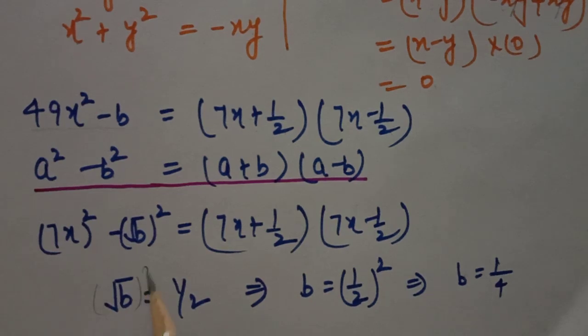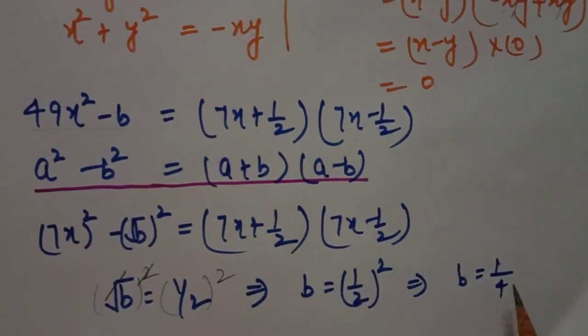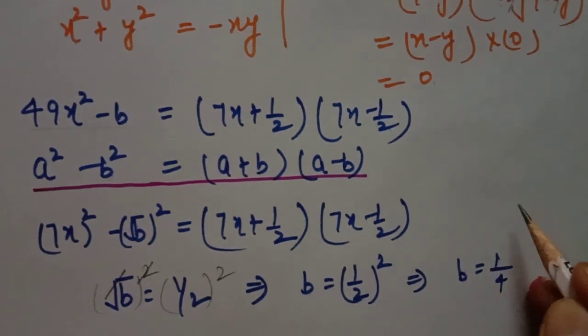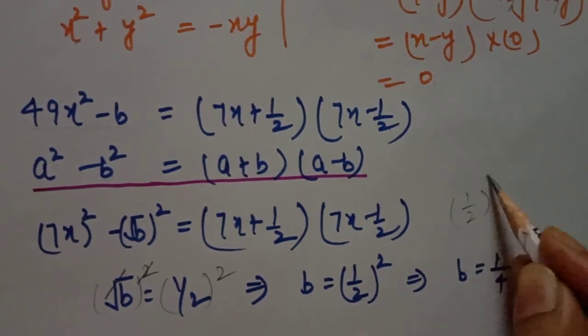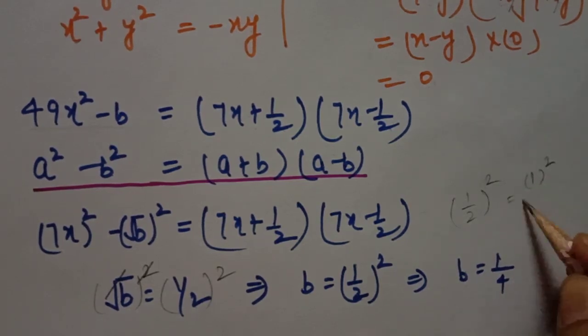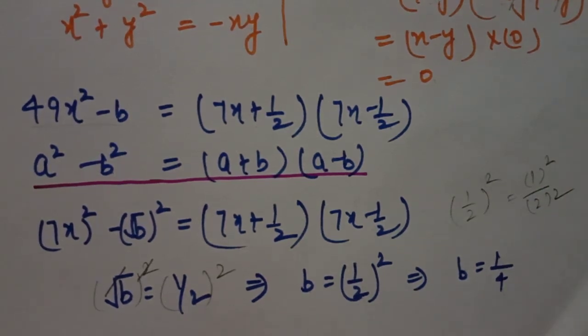We have to take square root on both sides. Square root cancels this root. So now b is equal to half of square. So b is equal to 1 upon 4. You know it very well, when we have a number like this, we have to open this power like this. It means 1 raised to the power, it is the laws of exponent. 1 raised to the power x square, 2 raised to the power x square: 1 is equal to 1 and 2 raised to the power square is 4. So the value of b is 1 upon 4.